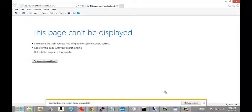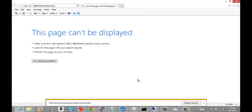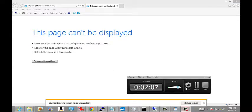And if you want your computer to look like this, where you have a start button and a taskbar and everything, you can go to...